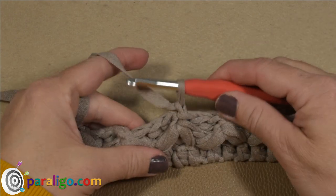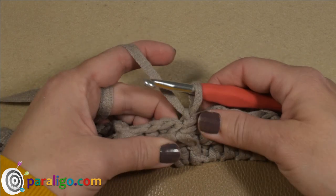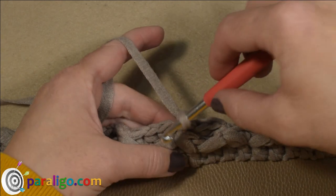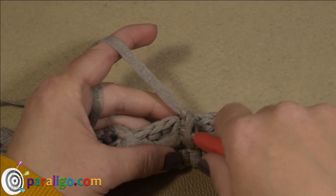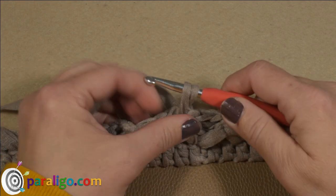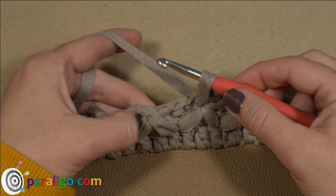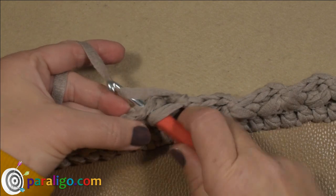So next you're going to pull up your loop and then insert into the very same stitch, which was the chain stitch of the first half actually of your first Vinca flower. So you're going to insert, yarn over, pull up a long loop, and next you're going to skip the next 2 stitches, of course, and insert into the chain stitch of the next half flower right here, yarn over,